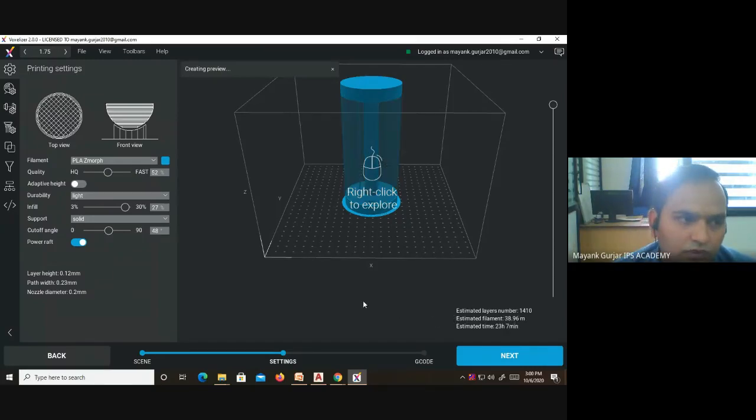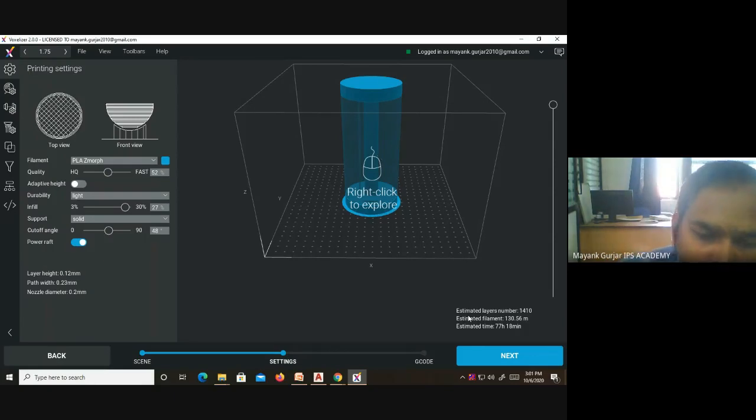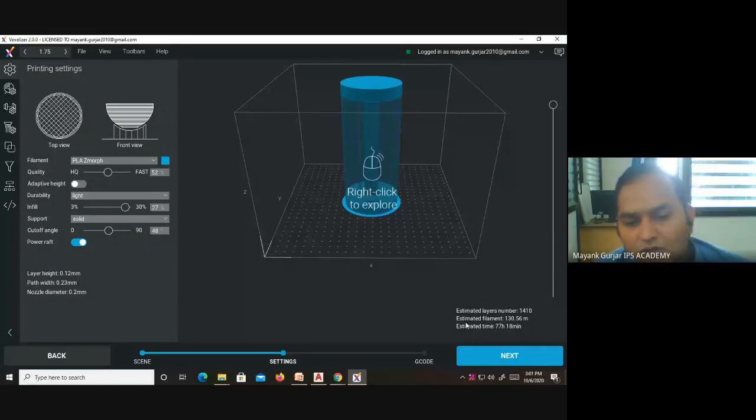For this we can estimate the time, filament consumption and estimated layers, and this data is very helpful if we are going to start a venture or a startup, so that we can find the cost associated with a particular size and shape, because we are paying for the filament consumed and the time taken by the model to print. So we have to calculate this, and we can estimate the cost for our clients or customers for a particular model to be printed. So this data is very helpful.